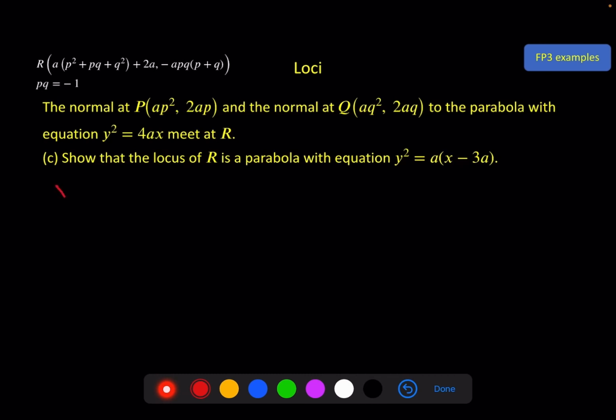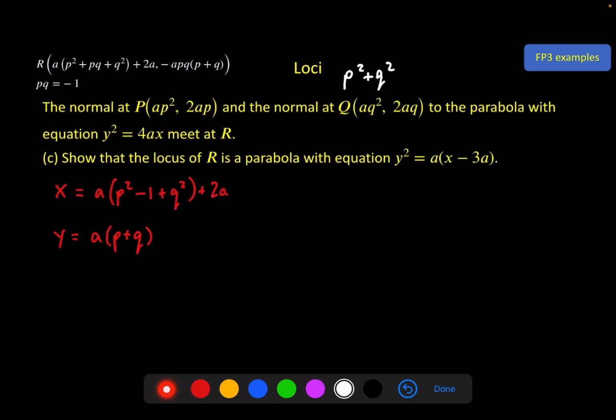So first of all, we've got x, and I'll use capital X just to distinguish it from this x here, but at the very end I will change it into small x and y to match this. So capital X is equal to a p squared plus pq, which is a minus 1, plus q squared plus 2a, and y is equal to minus a pq, but the pq is a minus 1, so that's a plus a p plus q. And here we're going to use our final sneaky trick, and that is that p squared